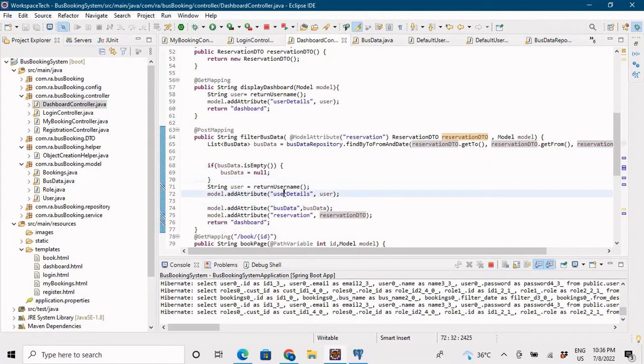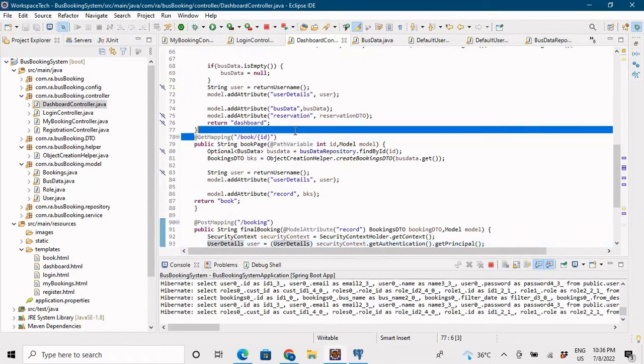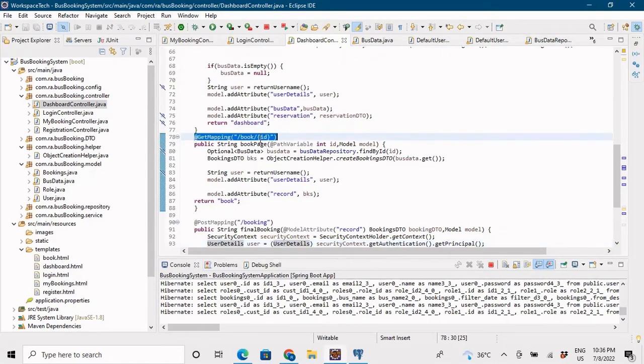So the next part is that when we click on the book button that has been displayed on your screen, it takes me to another HTML where pre-filled details would be displayed, right? Pre-filled details would be displayed. So now let me come to the controller part. The controller part is this one. This controller gets hit when we click on the book button. It takes the ID of that particular bus data that we are displaying in the table, right? So that ID comes to me from the UI, and then I again query the bus data table and find out that particular data for that particular ID, and then